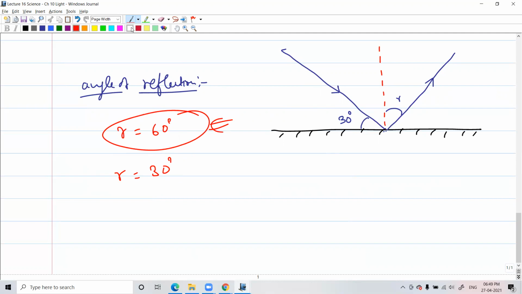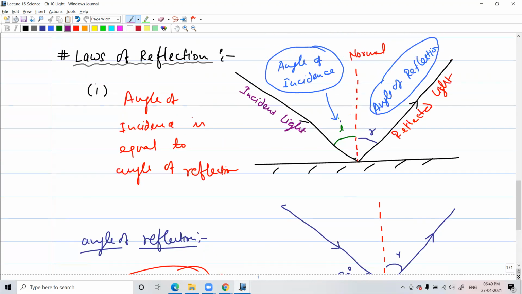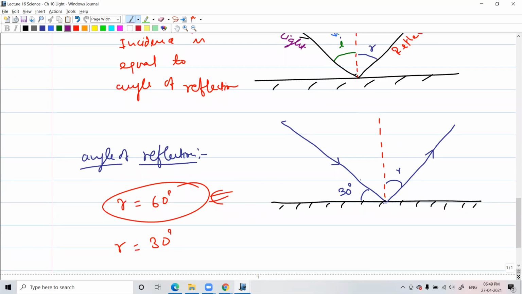Sir, 90 minus 30. Yes, absolutely. Because what did I tell you? Angle of incidence is not with the surface, not this angle over here. You need to be careful with this, okay? It's always with the normal. So if this angle is 30, we know that this angle has to be 60. So our angle of incidence is actually 60. So reflection also has to be 60. We know that i is equal to 90 minus 30. So everyone is okay with that?